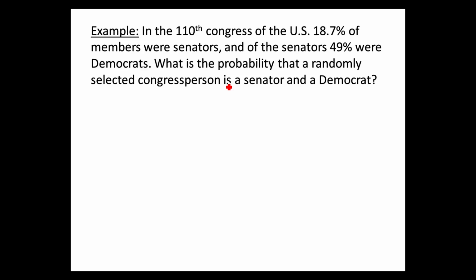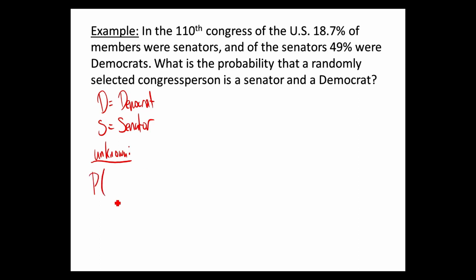So I would usually give them letters. This one's not hard to say. D would be that you get a Democrat, and maybe S is that you get a senator. Okay. So, what's the unknown value here? Give me a probability statement. Like P of what? P of